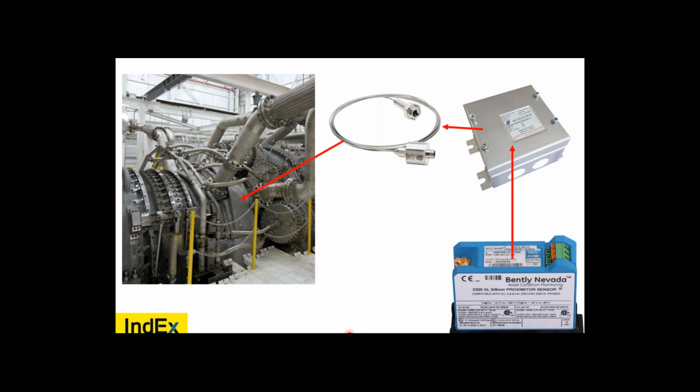So I just want to make mention again. There's differences between ATEX and IECEx. ATEX Zone 2 is manufacturer self-certified. That's a weakness in the system. But under IECEx, manufacturers are allowed using up to one edition back. Once again, that's a weakness in the system. But a strength within the system,